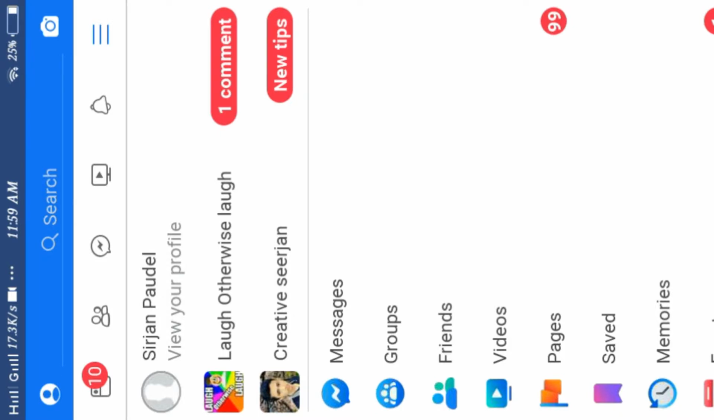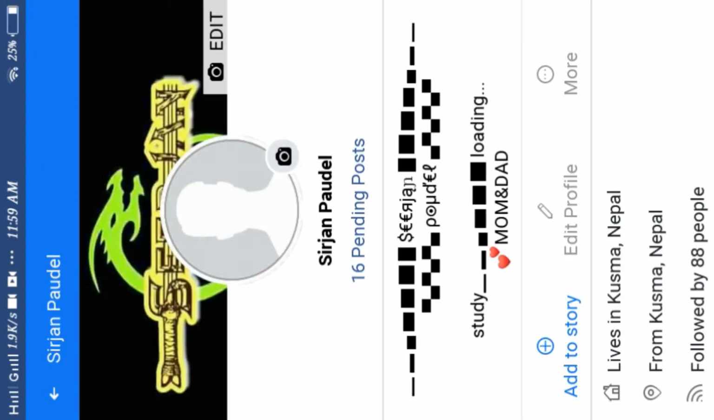First of all, you need to open your Facebook Lite, and you can see the three lines in the top right corner. Here you can see that I have my Facebook name blank, so I'm going to make this blank. So here you go back